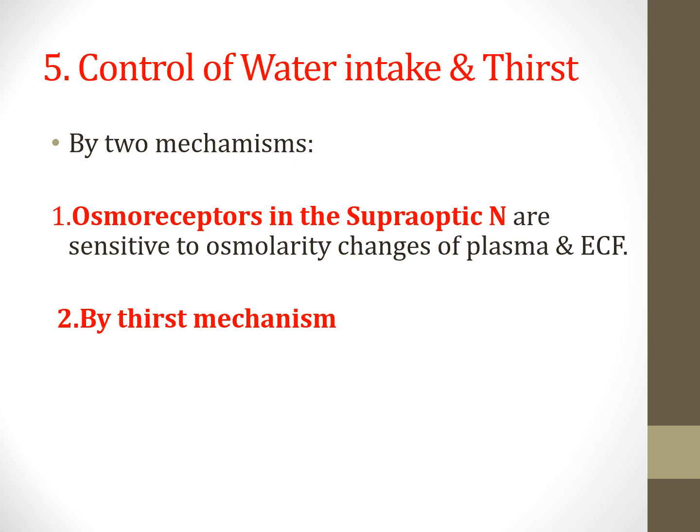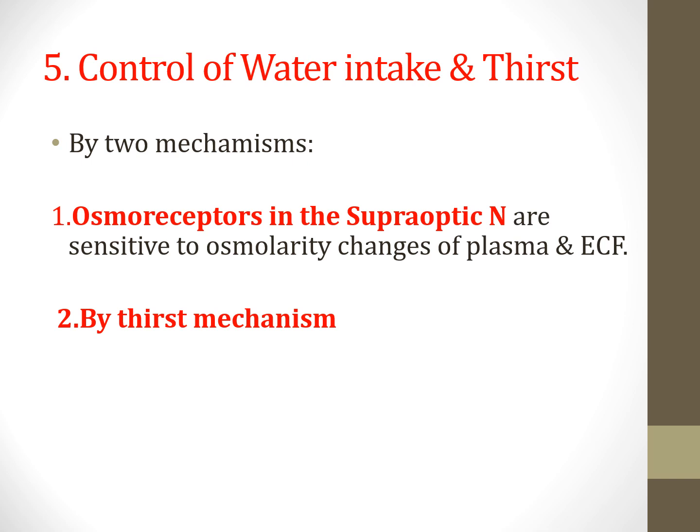So how osmoreceptors? Why osmoreceptors? Osmoreceptors are very powerful to increase the plasma volume. They are actually located in the supraoptic nuclei. What will these osmoreceptors do? Whenever the plasma volume decreases, obviously it's going to cause hyperosmolality, and this increase in osmolality is sensed by the osmoreceptors in the hypothalamus. And these osmoreceptors are going to increase the water intake, and therefore it is bringing the plasma volume back.